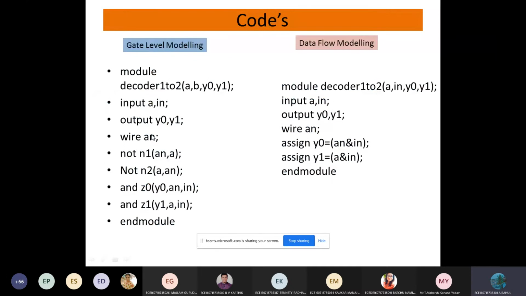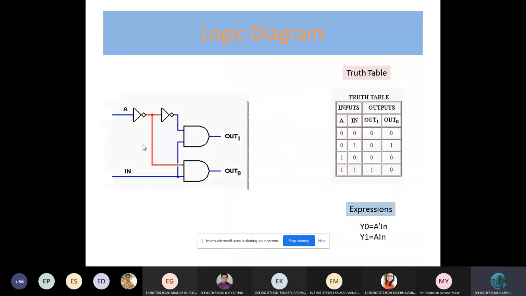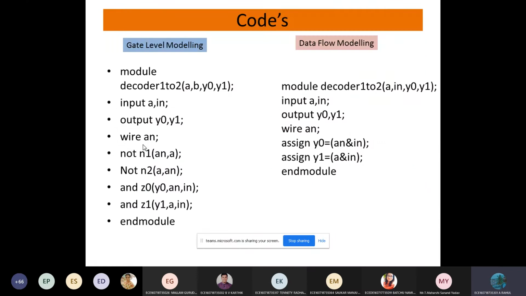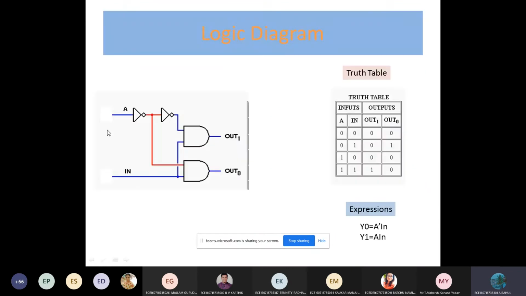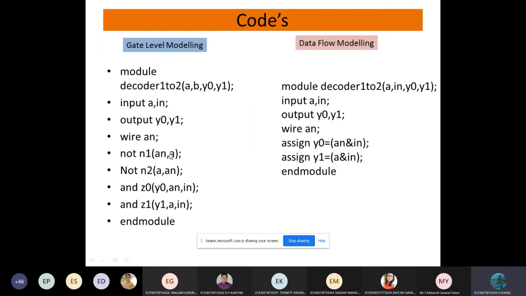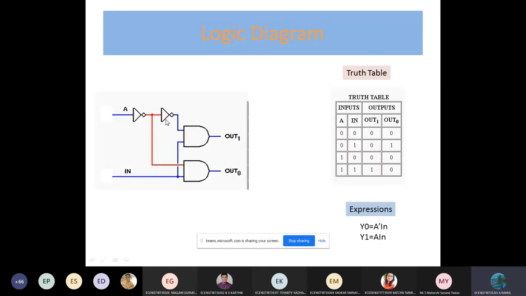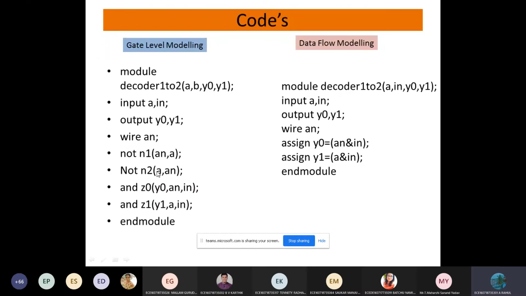As we have two NOT gates in the diagram, we instantiate two NOT gates. NOT 1 has A as input and AN as output. In the same way, NOT 2 has AN as input and A as output.